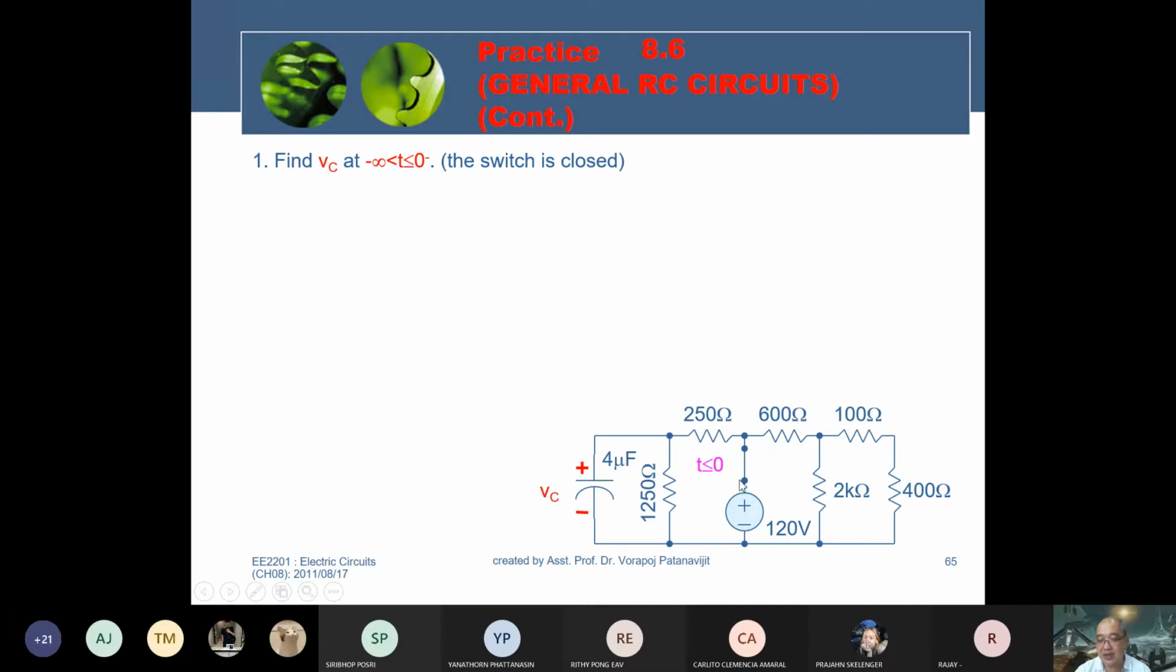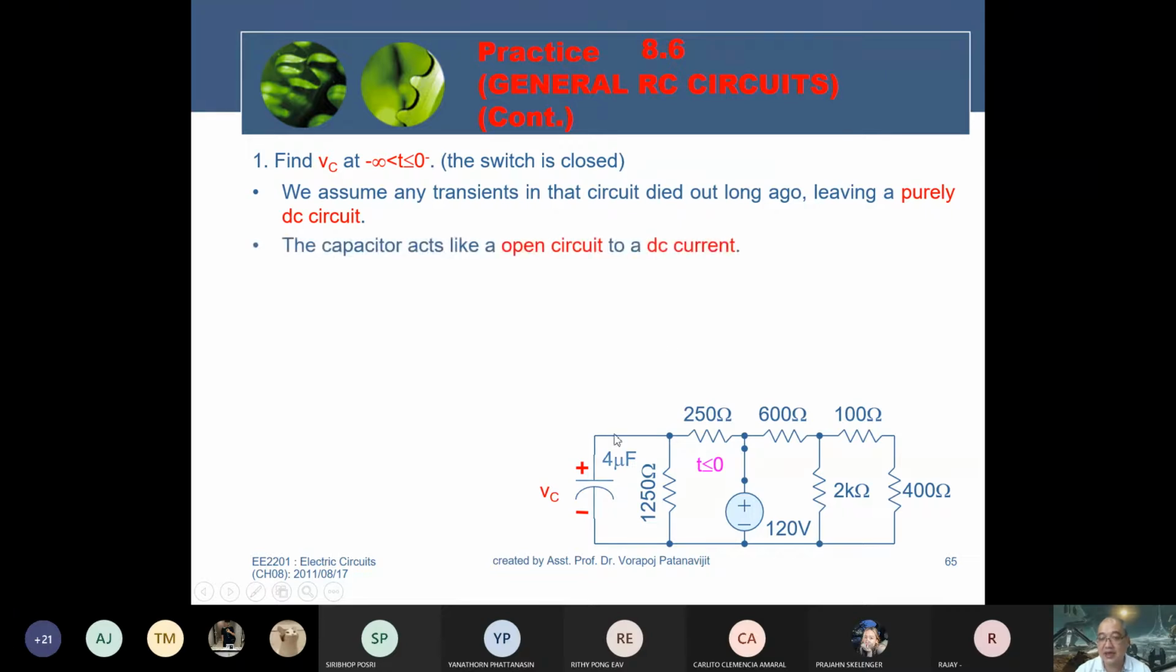For time less than 0, the switch is in this position and it charges this circuit for a long time. We assume that any transient in the circuit died out long ago, leaving a purely DC circuit. The capacitor acts like an open circuit to the DC current, it seems the branch is broken. You can see that the voltage on the right hand side does not affect the capacitor voltage we are interested in. Therefore we are interested only in the left hand side part. In the left hand side, the branch is broken, therefore the capacitance voltage is equal to the voltage across